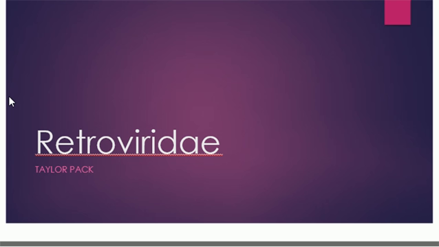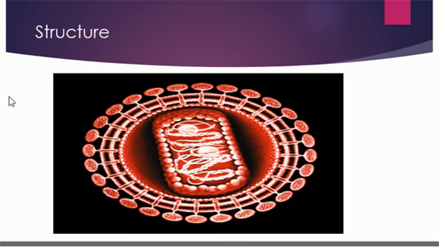Here we'll look at the structure of the retrovirus. It's a single-stranded positive sense RNA virus. On the outside is the envelope, which is made up of glycoproteins. These glycoproteins are embedded into this lipid membrane bilayer. The circular structure is the core shell protein, and inside of that is the core